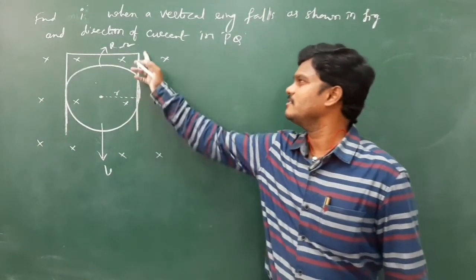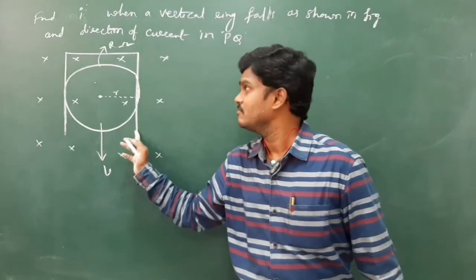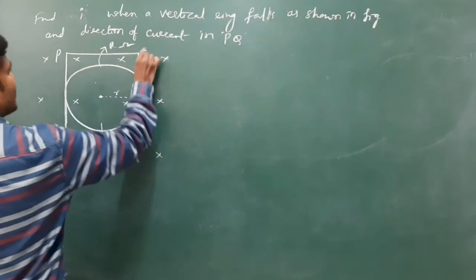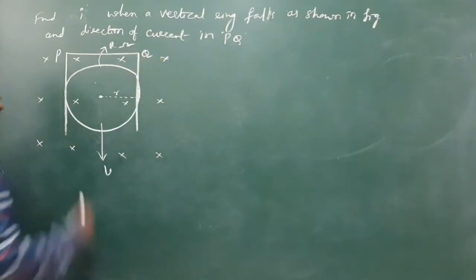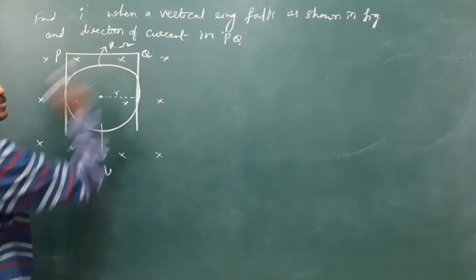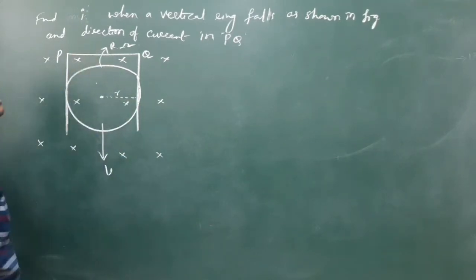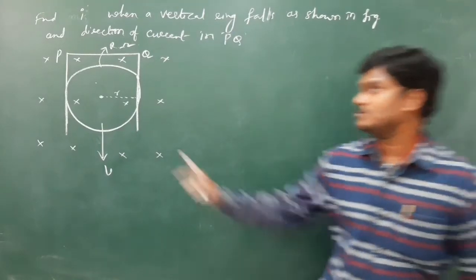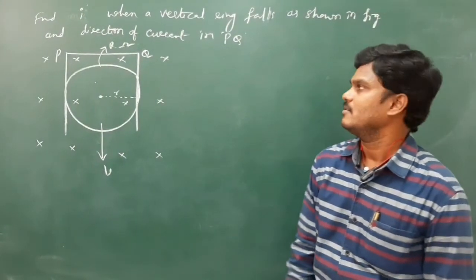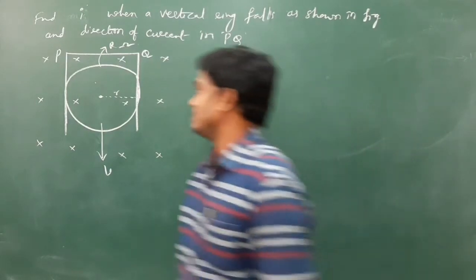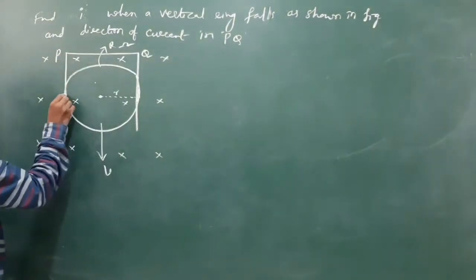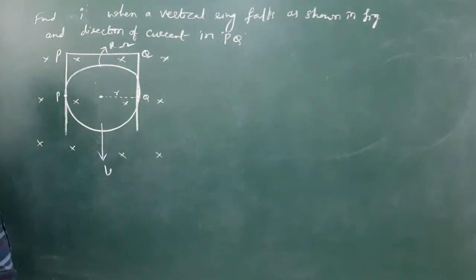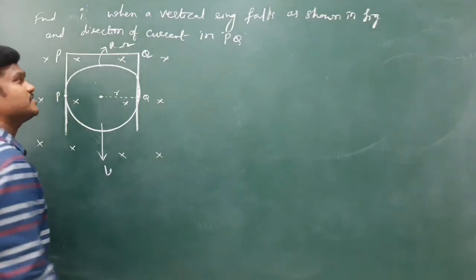Okay, so indirectly they have given these two frictionless rails, and here they mentioned the names P and Q. See, our target is to identify the direction of current in this PQ. Resistance of the ring is given capital R ohm. Small r is the radius. So if this is at P, this is also P because same potential. This is Q. You know equipotential surfaces in electrostatics.